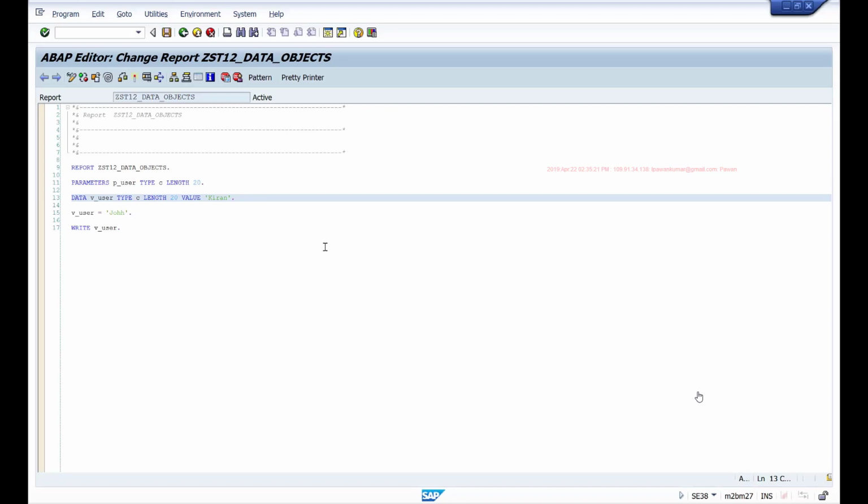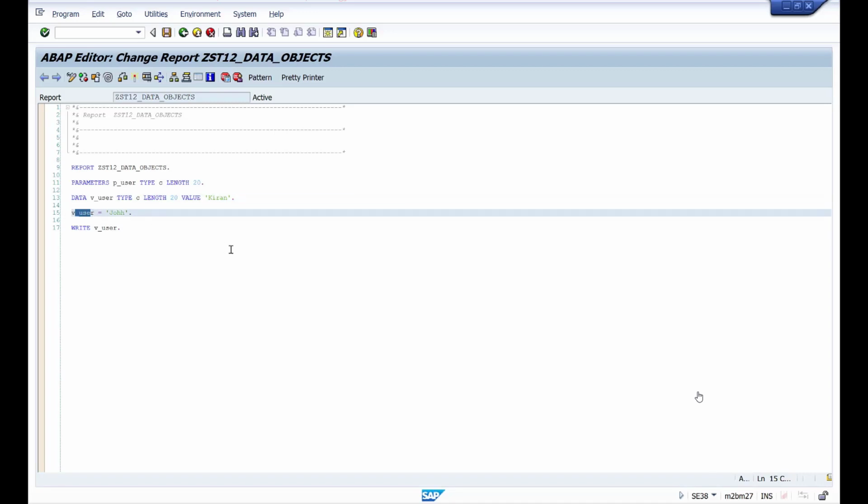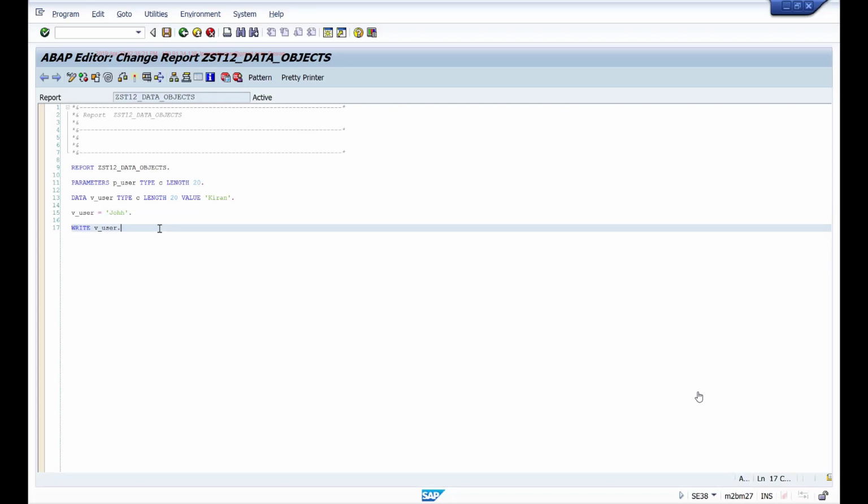In short, variables are named data objects which can have variable data throughout the runtime of the program. So you can store something now and change it to something else later. And you always access the memory that is created when you define this data object by addressing the name of the memory. Okay, so to store some data or to retrieve the data that is stored in the memory, you always access it by using the name of the memory. That's your variable.